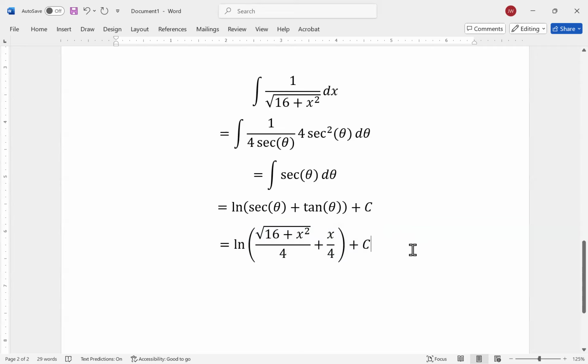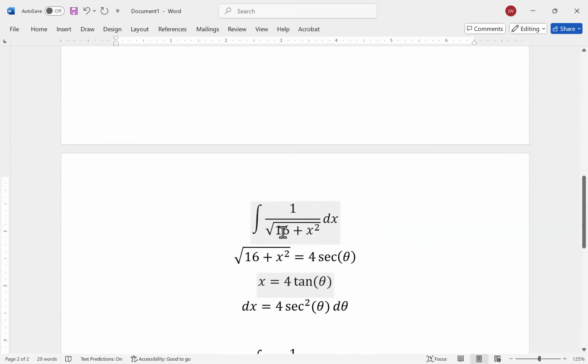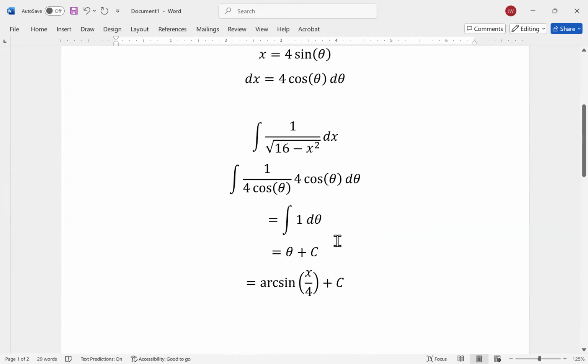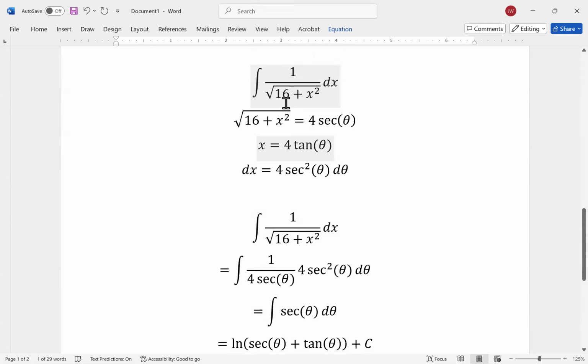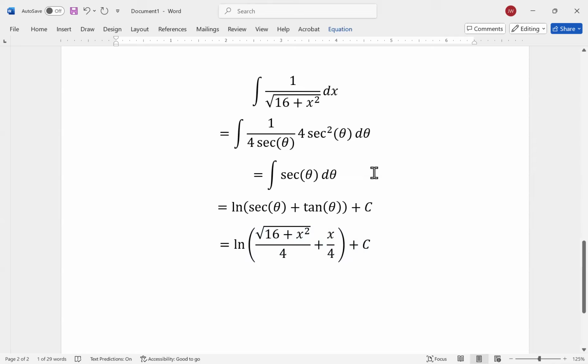Obviously, when we used 16 minus x squared, that was a much, much easier problem. It just came out to arc sine. Much easier to do than a 16 plus an x squared. So this is just to say, be very careful of the difference between plus and minus and those types of things. Now, if you want to figure out how I came up with this as my antiderivative of secant, one way you could look it up,